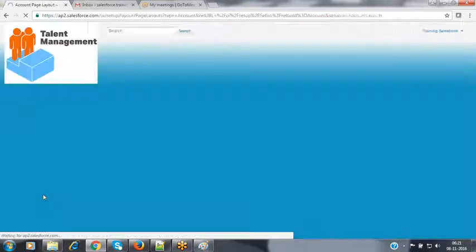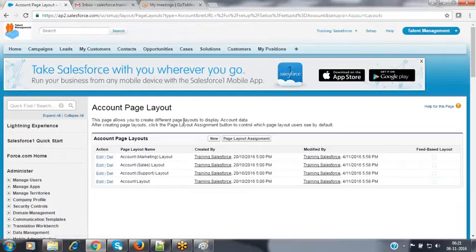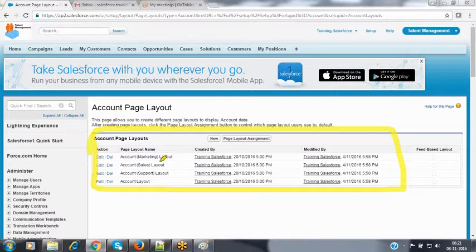When you click on page layouts, all the page layouts associated with the account object will be populated to you. By default, Salesforce provides 4 page layouts for this account object: account layout, an account layout for the marketing people, a separate layout for the sales people, a separate layout for the support people, and the standard layout given by Salesforce.